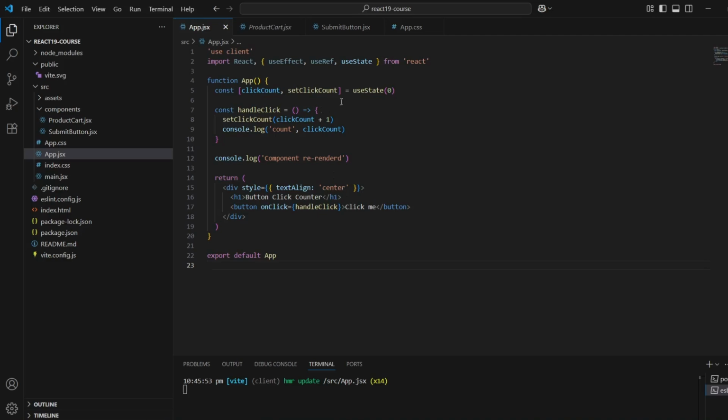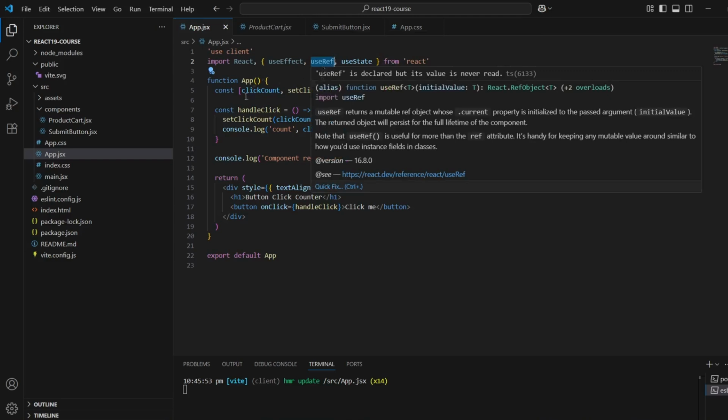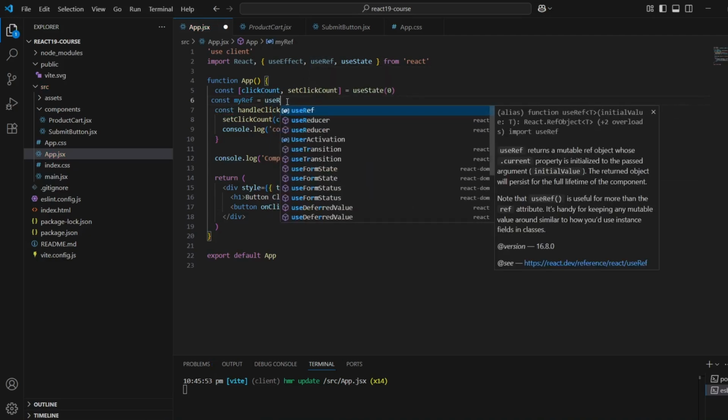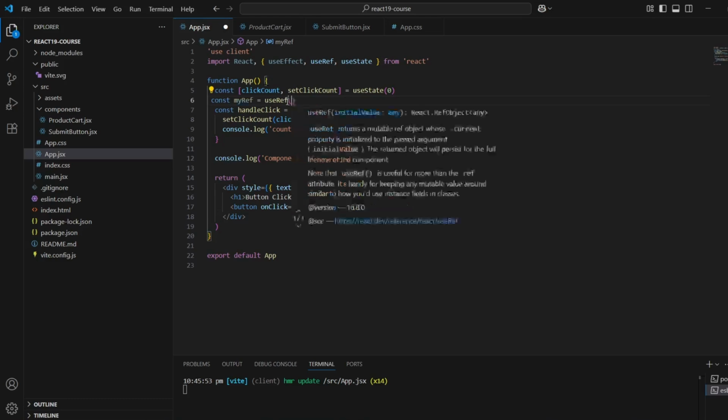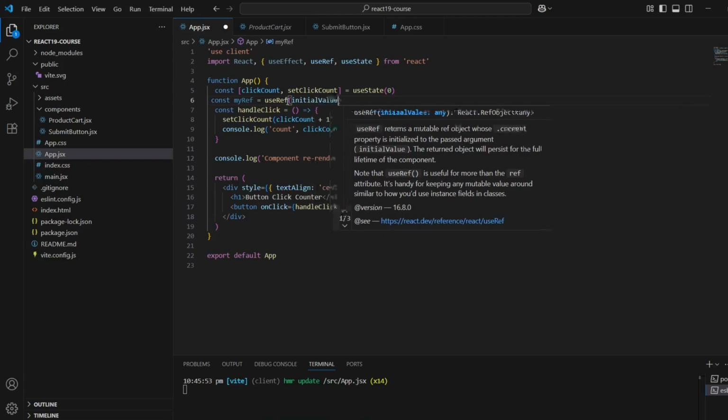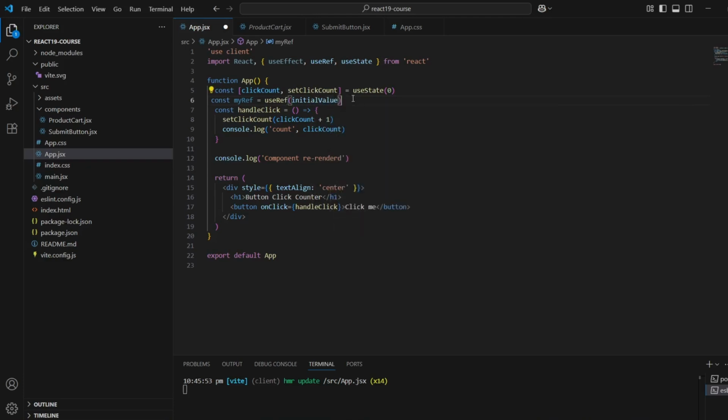So what is the syntax for it? First, you have to import useRef from React, as I have done here. Now you need to create a variable to store the ref. Suppose myRef, and you use this useRef hook, and here you can pass the initial value. It can be a number, integer, array, string, timer, anything. So what does useRef return?